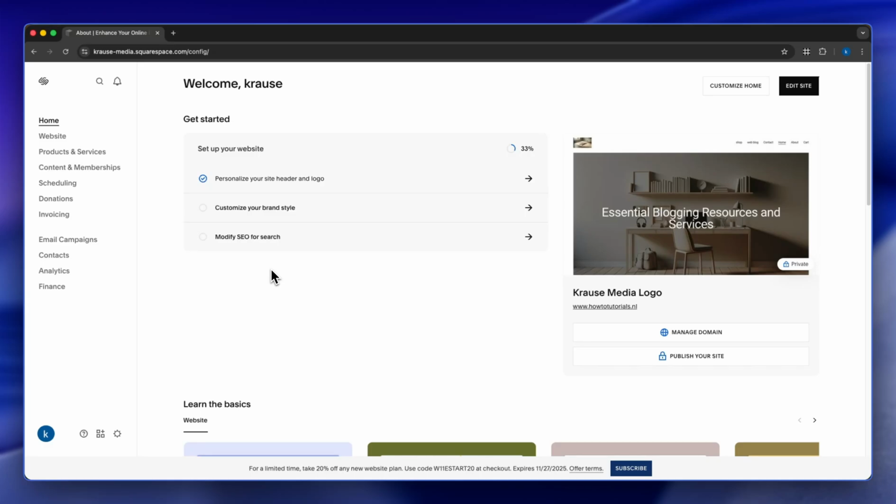Changing text color on Squarespace is actually very easy, and in this video I'll show you exactly how to do